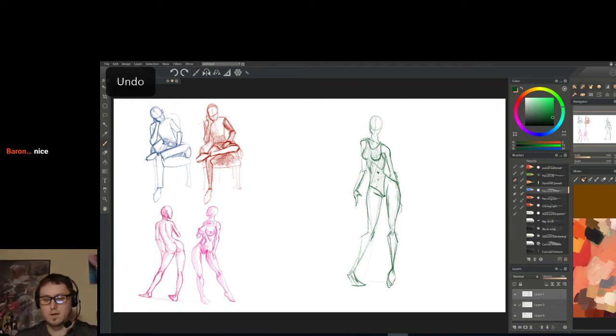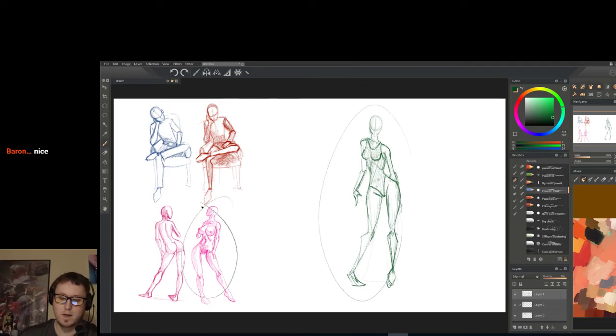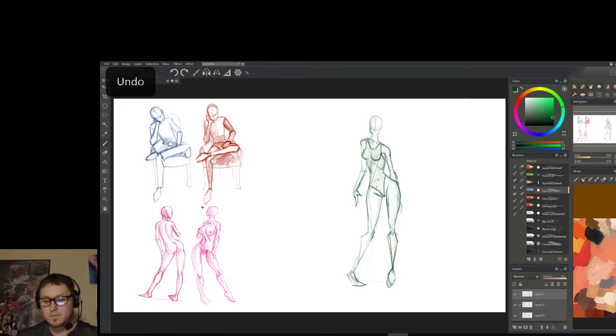So, but that's how I would start out. Remember, I started out these poses the same way, even more sloppy actually. I started out even more sloppy than this. But that's good enough for me to read, and I can sketch over that, and I can make something